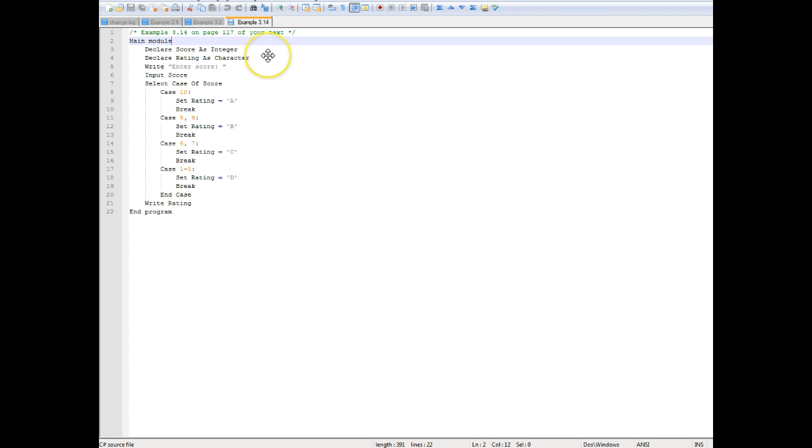Okay. So again, I've modified this a little bit to enclose all this in a module. But I've declared score as an integer and rating as a character. And then we write out to the user enter score, and the user is going to enter the integer value of score, and so at that point it's going to enter the case statement, and if the value of score equals 10, then it's going to set rating to an A, and likewise if the value of